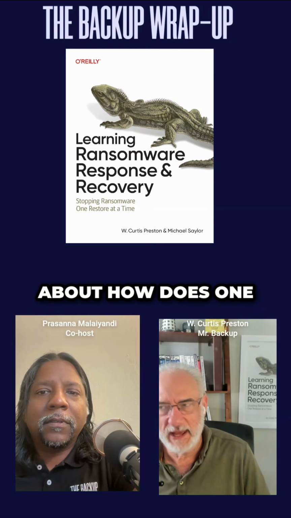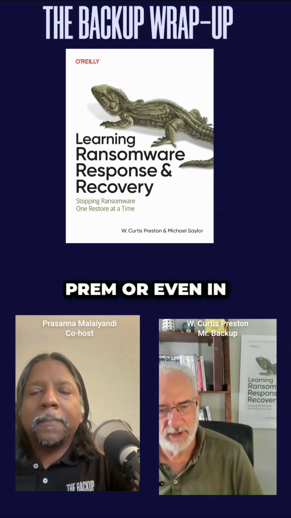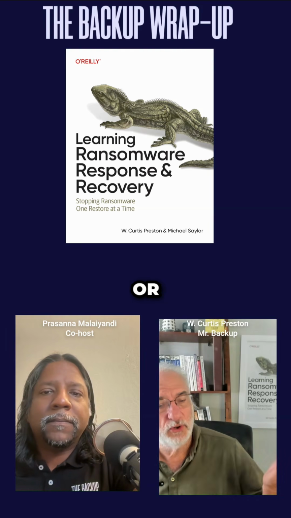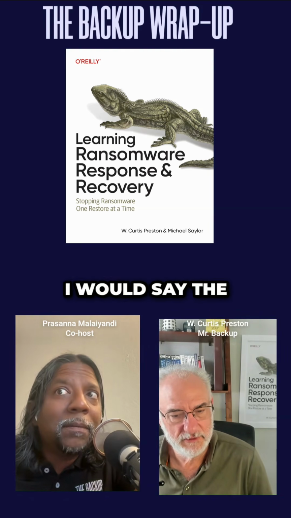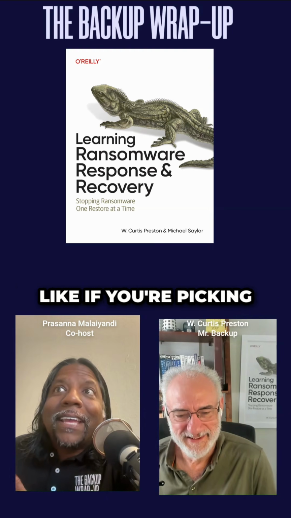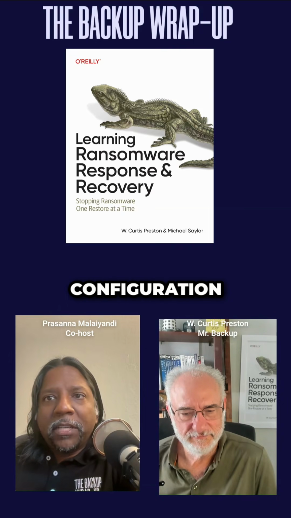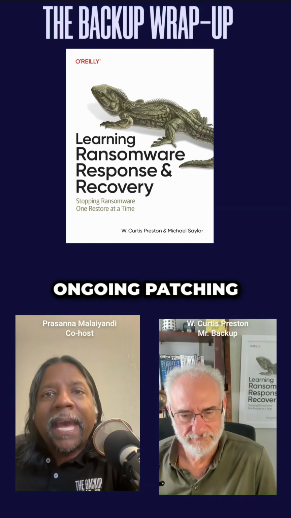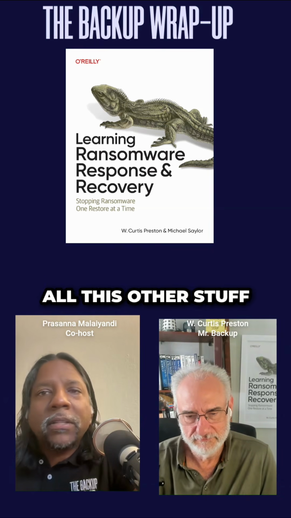Why don't you talk a little bit about how one chooses between an open source system that you manage on-prem or even in the cloud, or a service like AWS Secrets Manager? I would say the biggest thing is, do you want to deal with it? Because if you're picking up open source, there is a certain amount of maintenance, configuration, ongoing patching, right? All this other stuff, finding a place to deploy it, all this other stuff that you have to do,